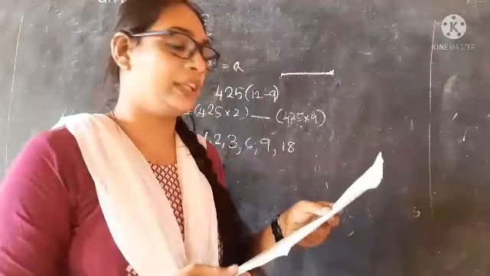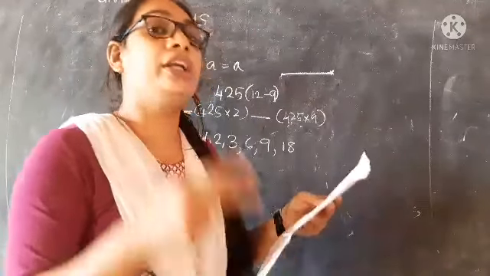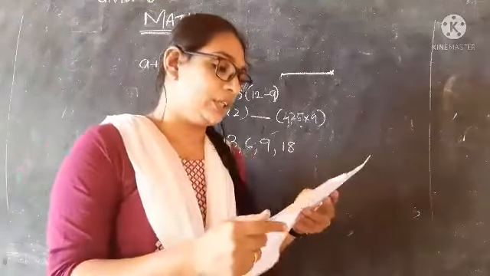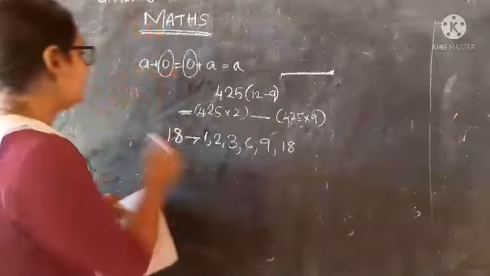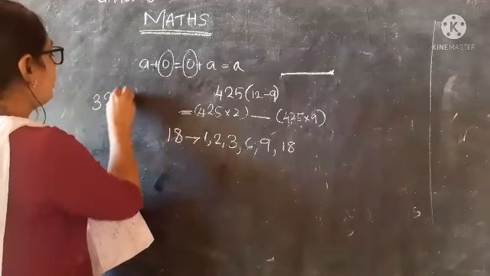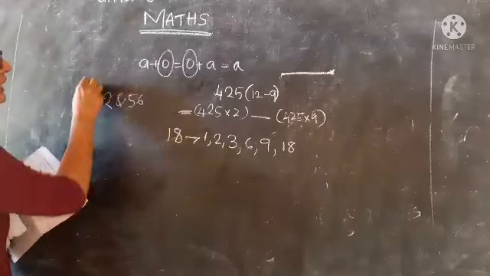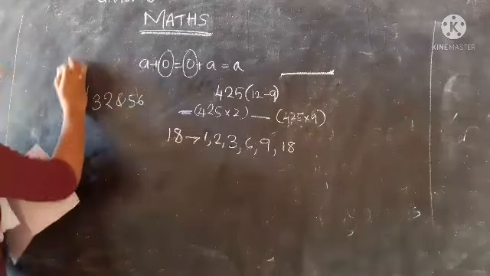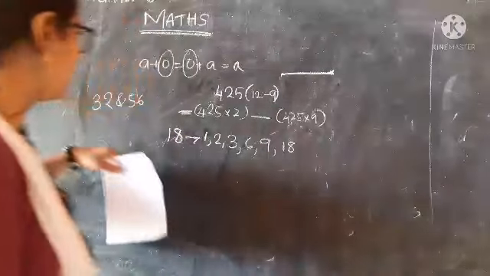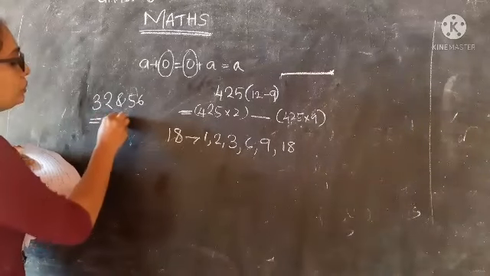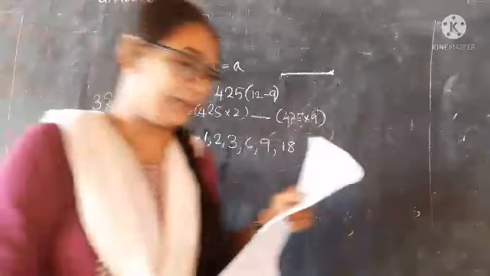Very easy questions. Moving to part 4, answer the following, which carries 2 marks each. What is the LCM of 32 and 56? You need to know how to calculate the LCM of 32 and 56, right? The LCM is 224. 224 is the LCM. Okay.